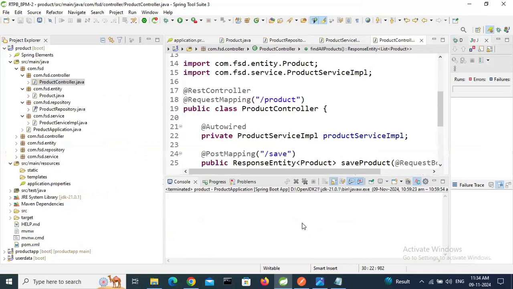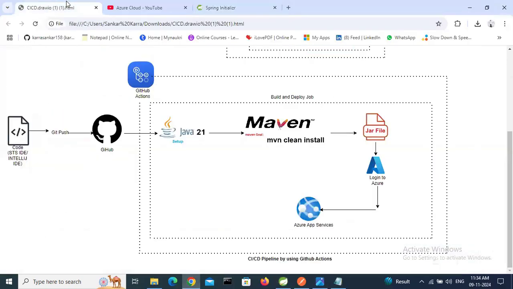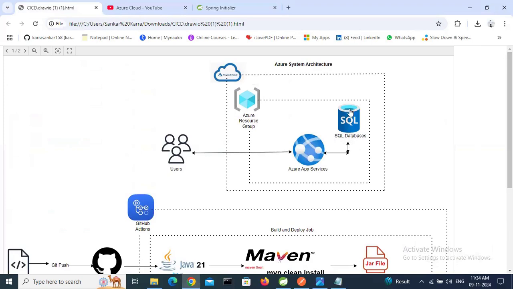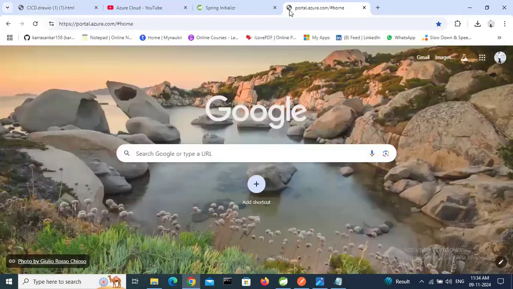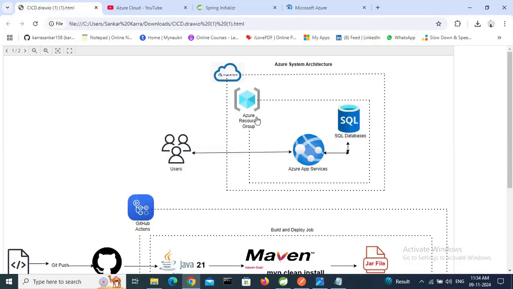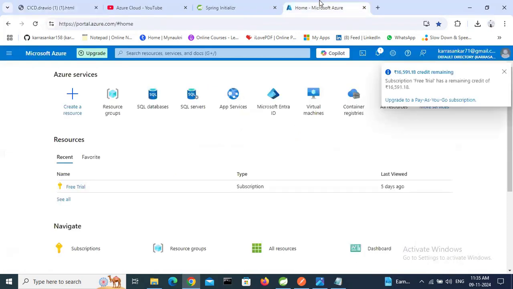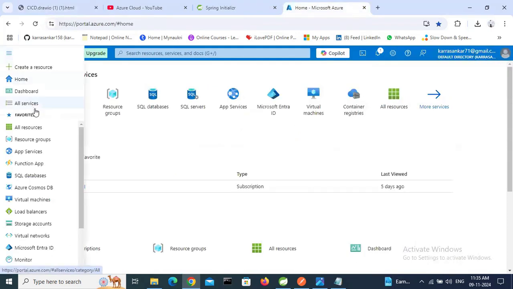So now we need to create the SQL server. First we will create the SQL server. If it is working fine, then we can deploy our Spring Boot application to Azure App Services. So go to portal.azure.com. As per the first step, we need to create the Azure resource group. Individually we can create it along with Azure App Services. The database and server are also required. So I will create the Azure resource group, Azure database and server, all three at one time. Go to all services,